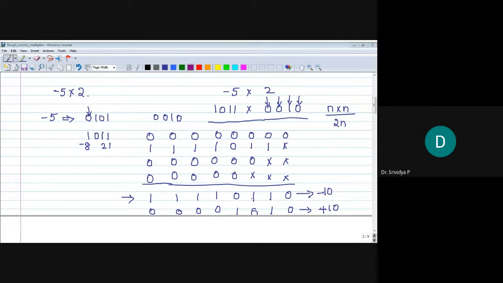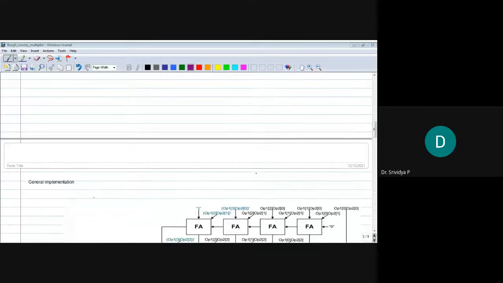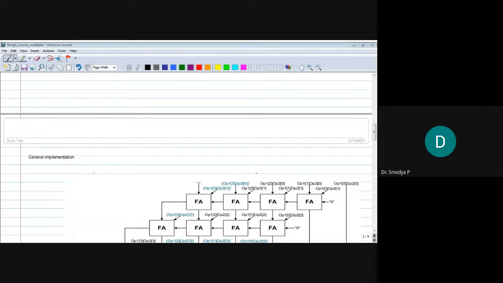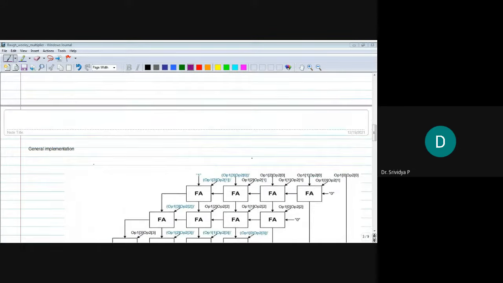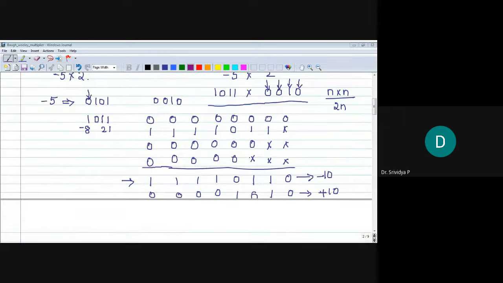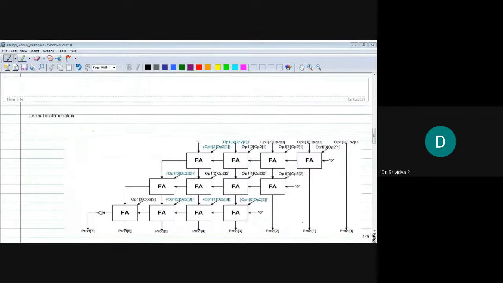So coming to Baugh-Wooley. Next, the general implementation. This is the general implementation, as you all know. See, each stage here is a full adder. Each stage when you're adding is a full adder. This is the general implementation shown.